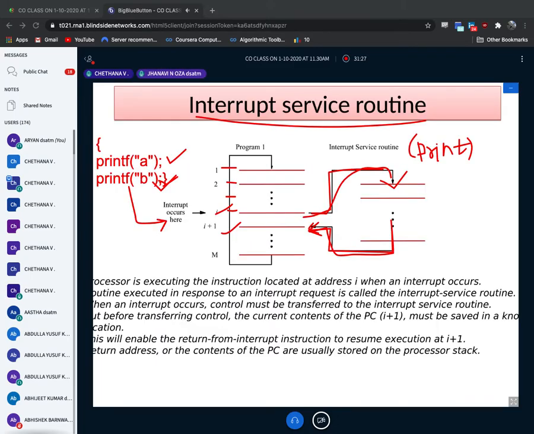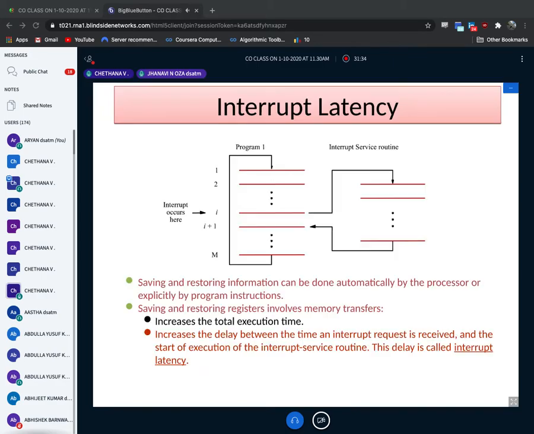So what is that concept? After the interrupt service routine, I'll take you to one more concept. Same thing, one sub-question, and we go on to cover it. Interrupt latency. What is interrupt latency? Just see, what does latency mean? Can you type for me what latency is according to your understanding?